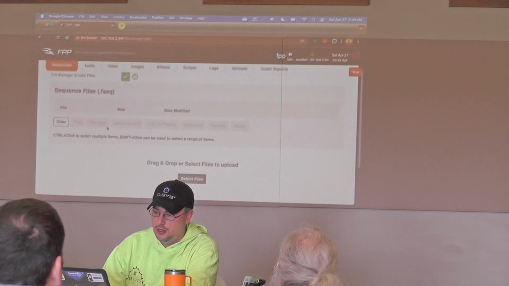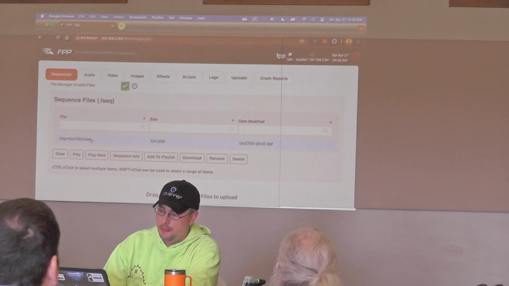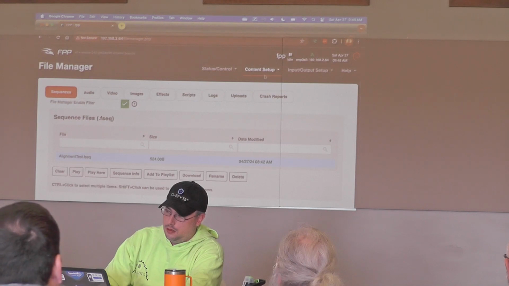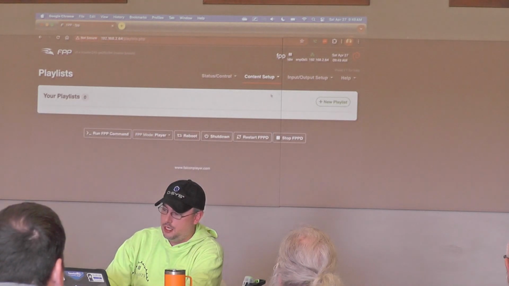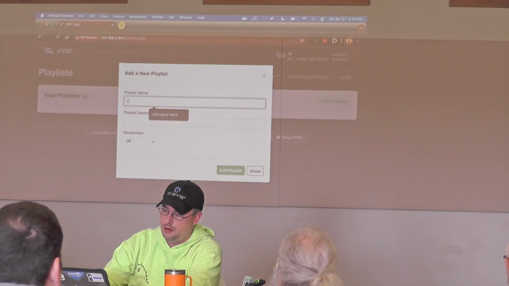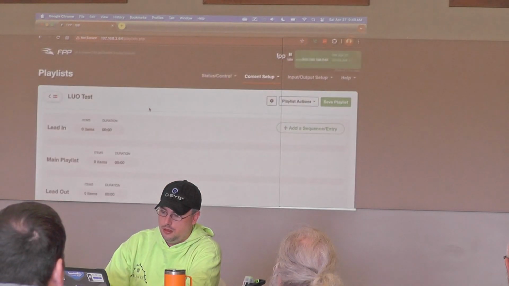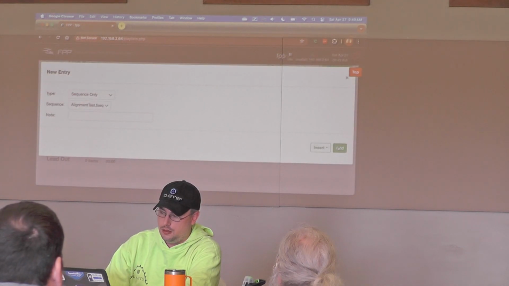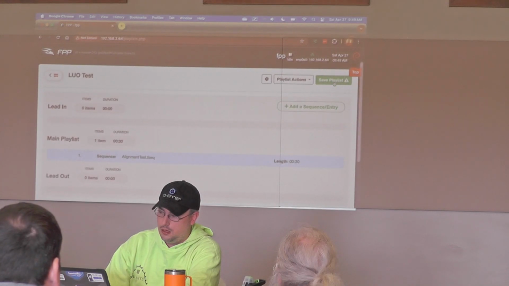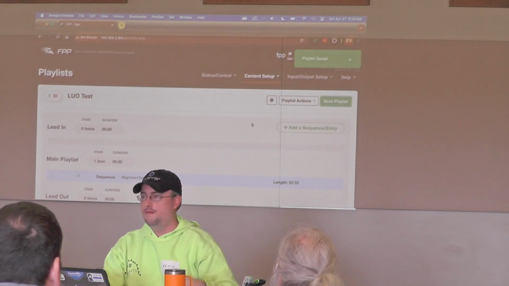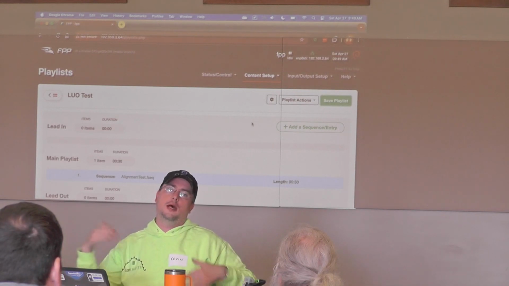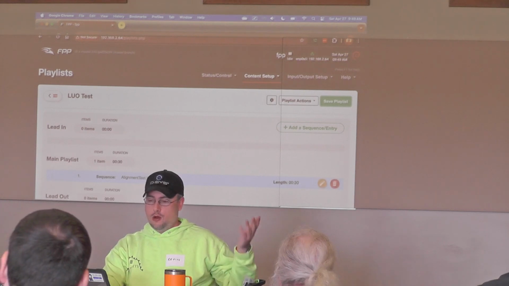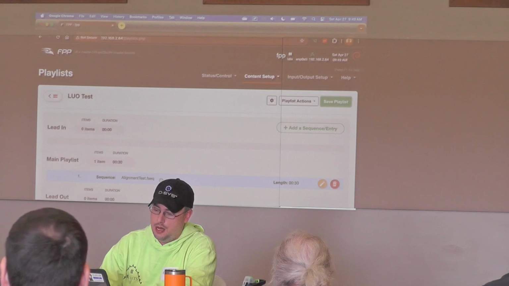So if we go to our file management, there we go. There's my alignment test sequence right there. And this is where, if we want a very basic playlist, we'll just make our playlist. This is our White of Ohio test. And I'm going to come and add my sequence. And save. And now I have my playlist made. And I can go in and schedule this. I can play this back from the main remote or from the main page. It's that easy. That's got all my channel config and my